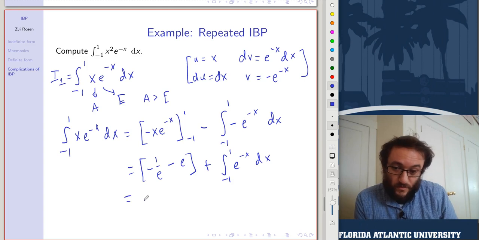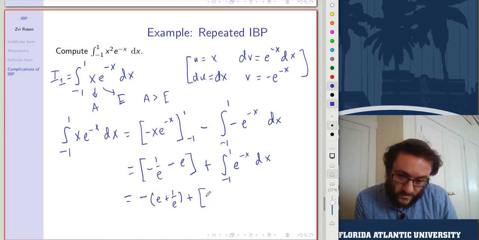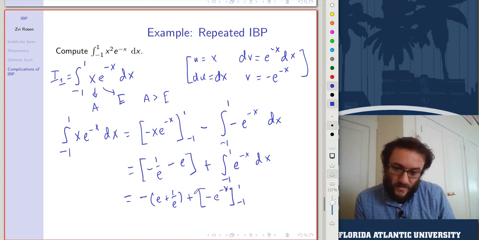So this is equal to, let's rearrange, minus e plus 1 over e plus, and now we'll take the antiderivative here, minus e to the minus x evaluated from minus 1 to 1, and that gives minus e plus 1 over e,